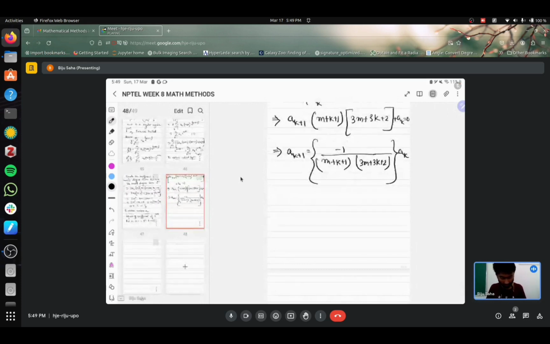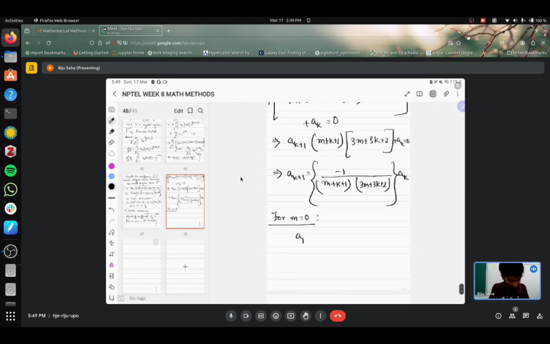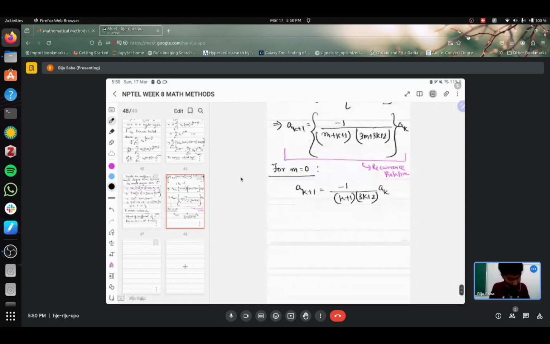So let's start with m equal to 0. What are the various values of the coefficients? For m equal to 0, this particular recurrence relation, this form, is the recurrence relation. For m equal to 0, this takes the form given by this, and you have this for k equal to 0,